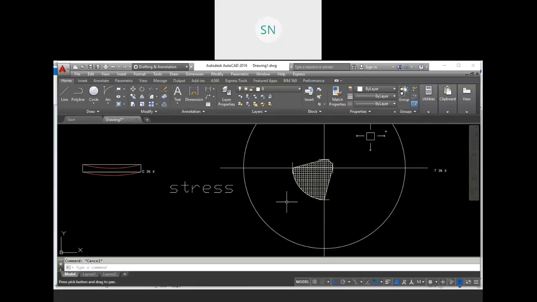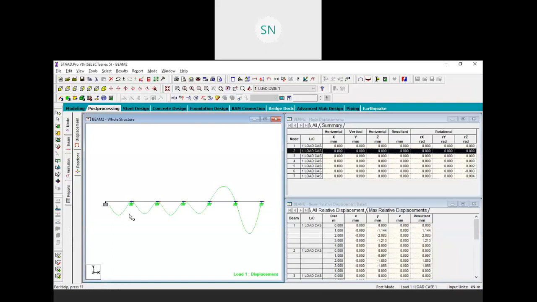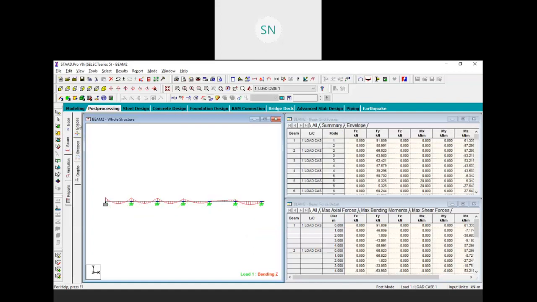Whenever you analyze your problem, one question is, why do we use only concrete material? We use only concrete material because we have to find displacement over here. In this problem we find this displacement with the help of material property, but whatever result we get in these forces does not depend on your material property.